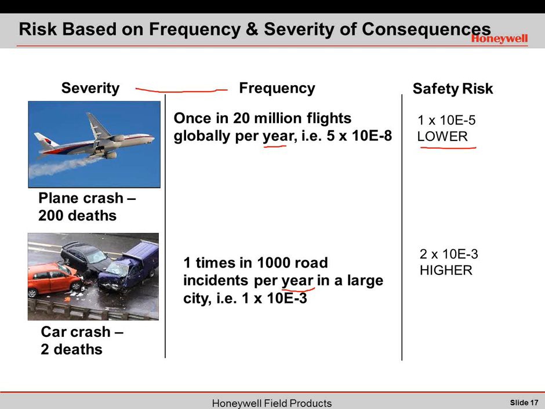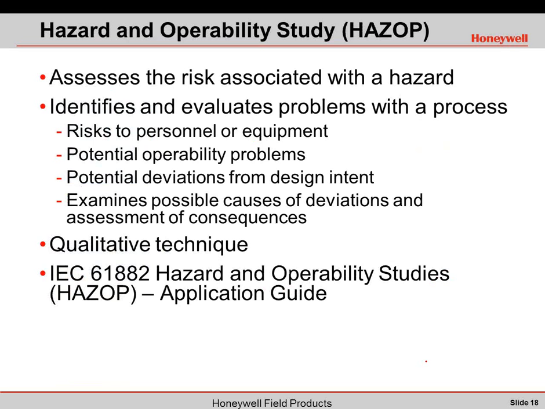So once again, it's 2 times our probability, which is 1 in 1,000. That gives us a safety risk that's higher of 2 times 10 to the minus 3. So this is how we calculate a risk for a process control system as well. Now the way that's done